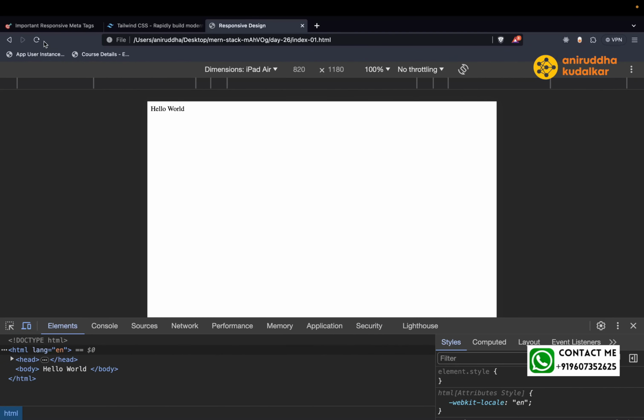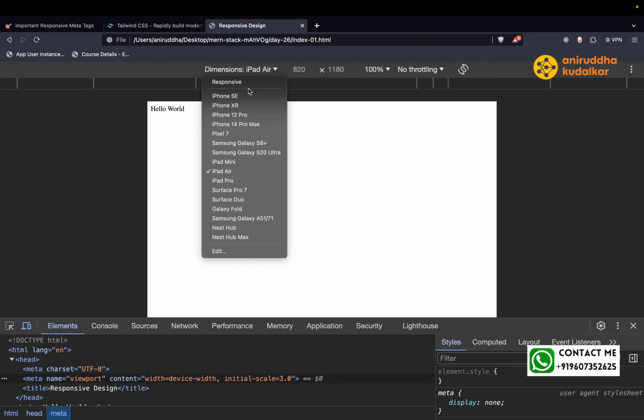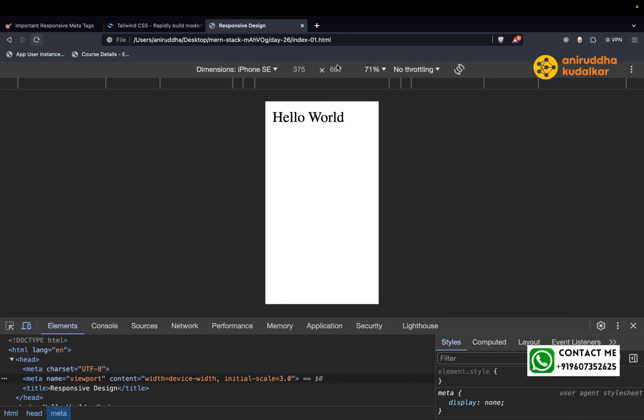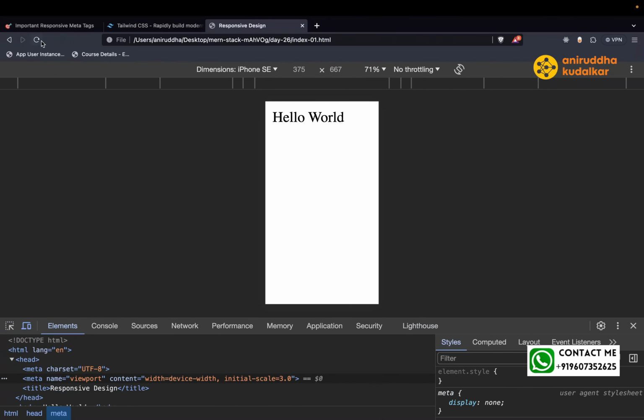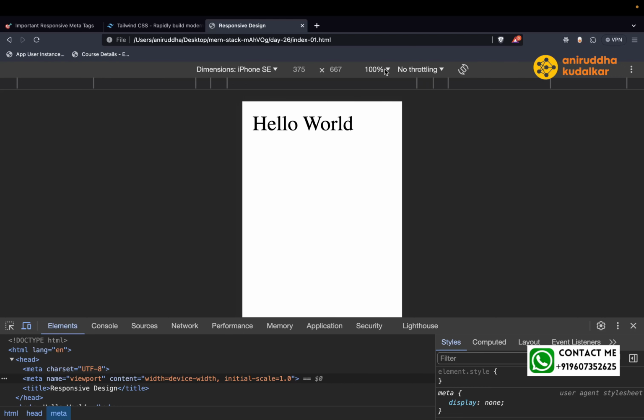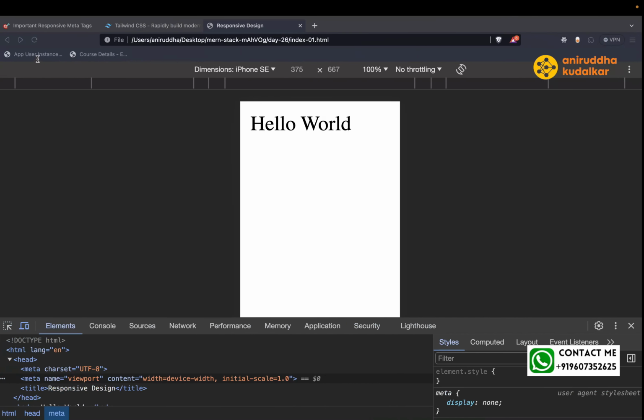3.0. Okay, on the mobile 3.0 is looking like this. Now just make it 1.0. Now if you can see here, zoom level is 71%. If I can make 3.0 initial scale,